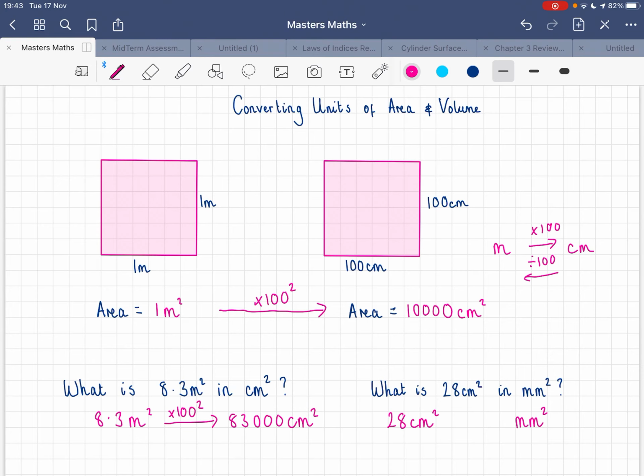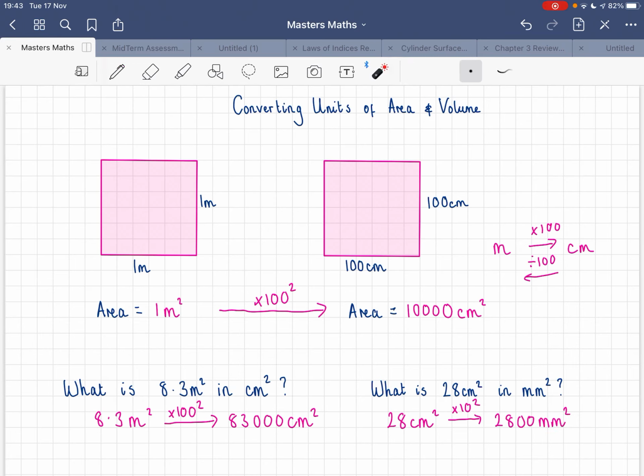There are 10 millimeters in a centimeter. So if we were usually changing this, we would times it by 10. But because we're talking about area, units of area, we have to multiply it by 10 squared. So we need to do 28 times 10 squared, which is 100, so 28 times 100 is 2,800